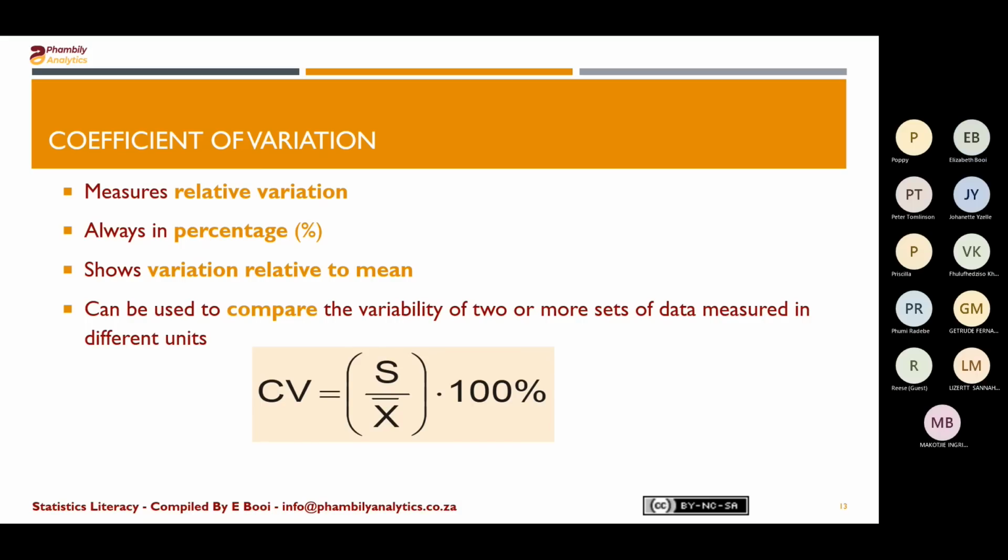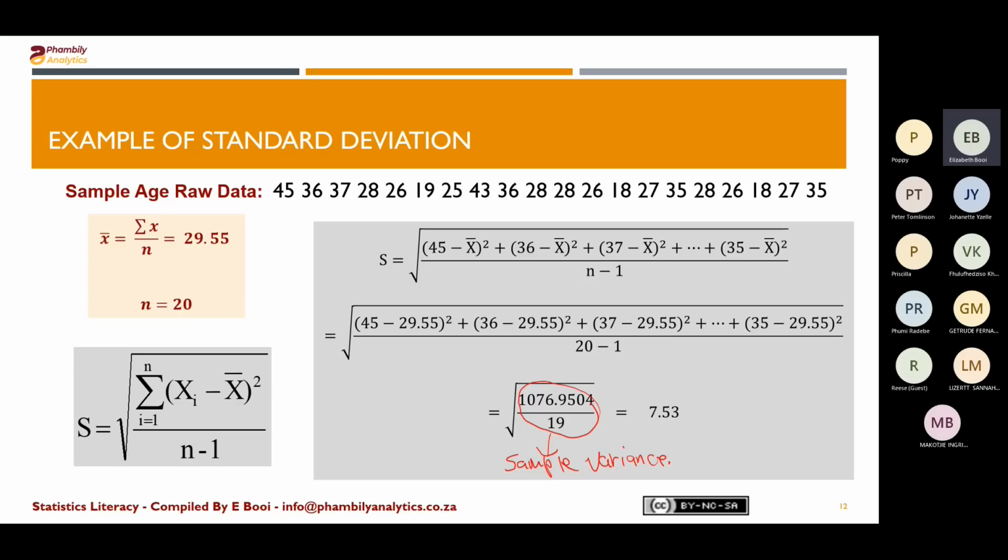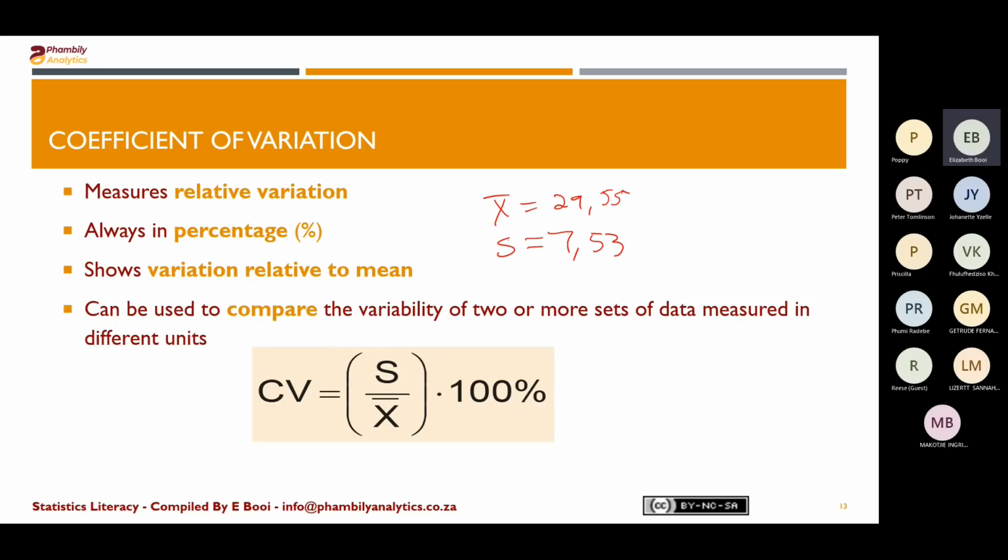We know that we had the mean of 29.55, and we had the standard deviation. We calculated the standard deviation and we found that it was 7.53. That's what we calculated here, standard deviation. So we can calculate the coefficient of variation, and that will be 7.53 divided by 29.55, multiply the answer by 100% or 100. You can just say by 100, still fine. And the answer will be